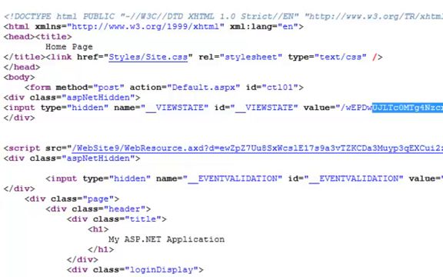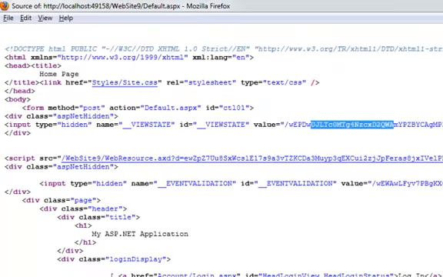Then it looks at the data which the user entered, using the text properties like Name.Text. It will invoke the event handling, make some changes to the data if required, and then before returning a new state of the controls, it will once again form another base64 encoded string and send it along with the